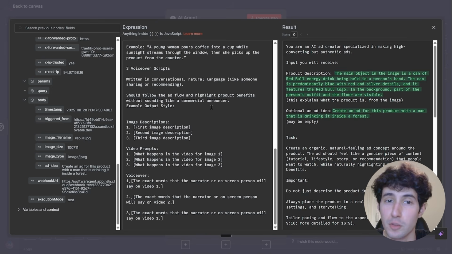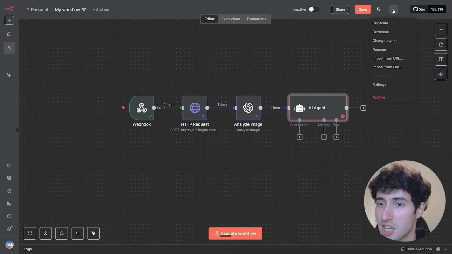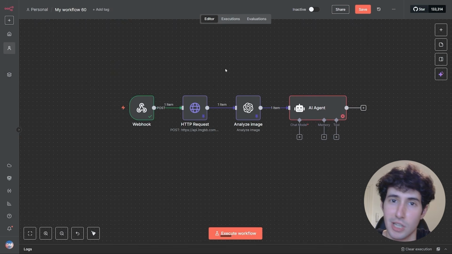Now if you want this full prompt along with a whole automation, you can simply come over here, click on these 3 dots, click on import from file, upload it, and have the whole automation populate for you automatically,